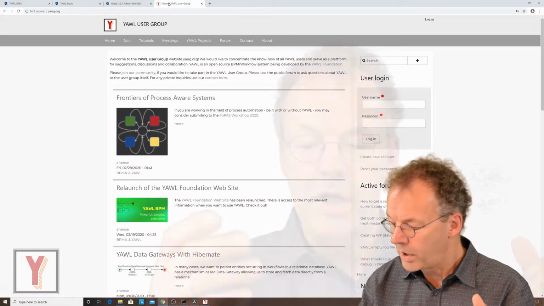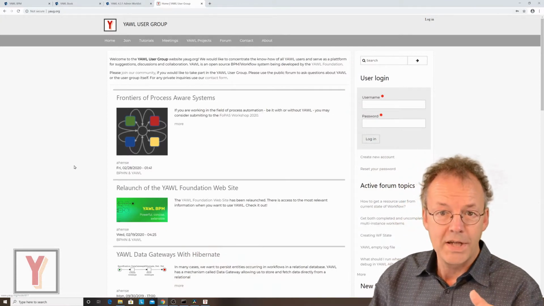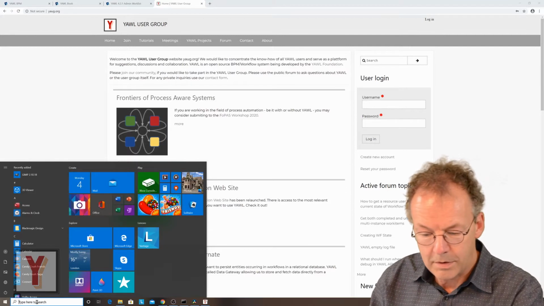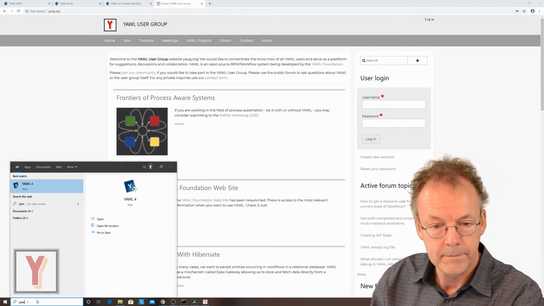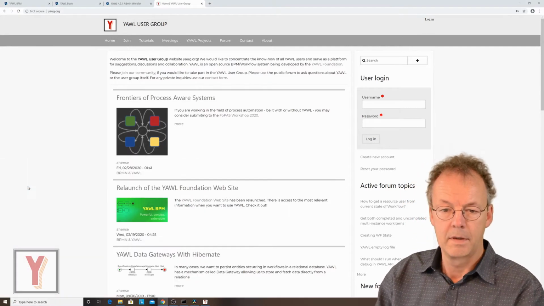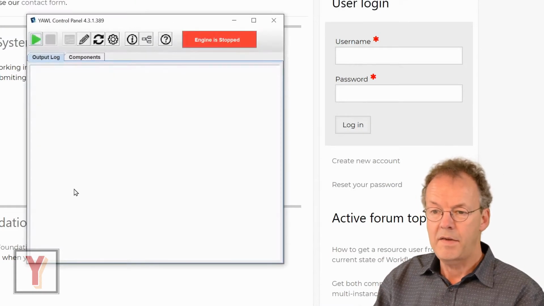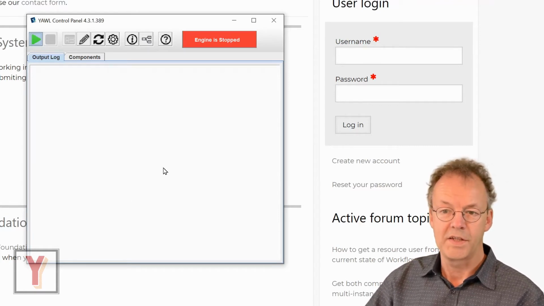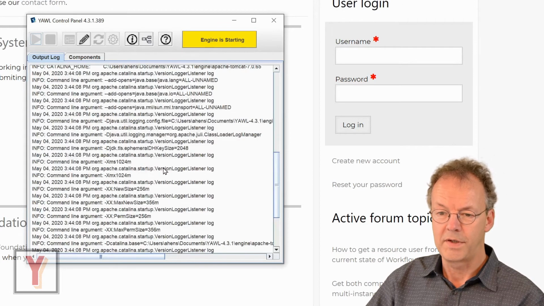So how do we get there? We have YAWL installed, so we go to our screen now and just type in YAWL. And then the control panel opens and we start the YAWL engine and look at the output that is coming on the screen.